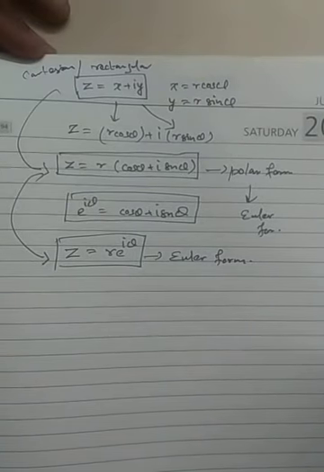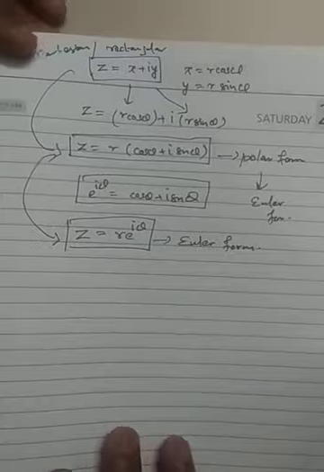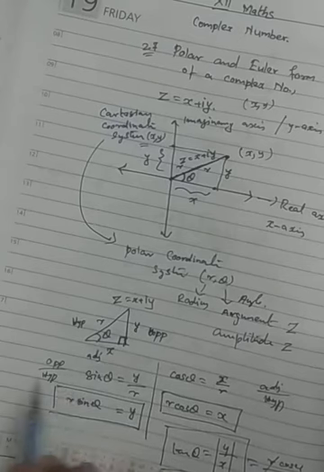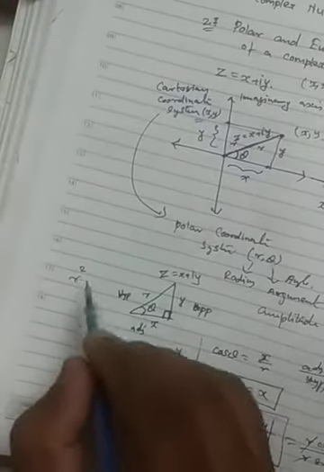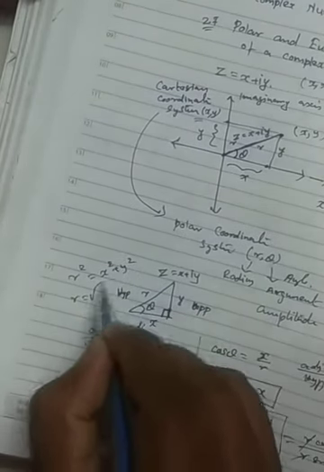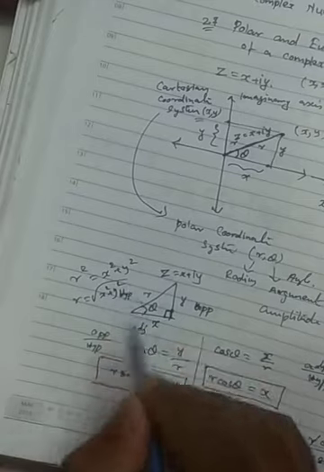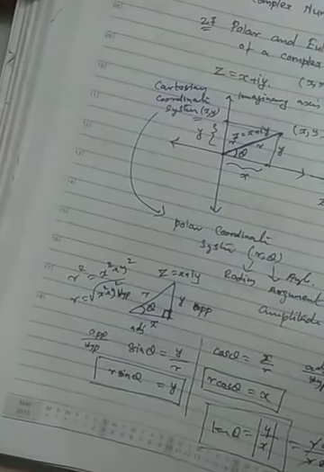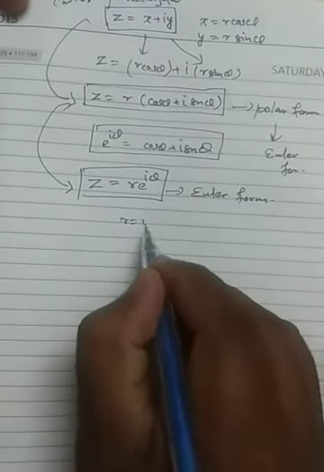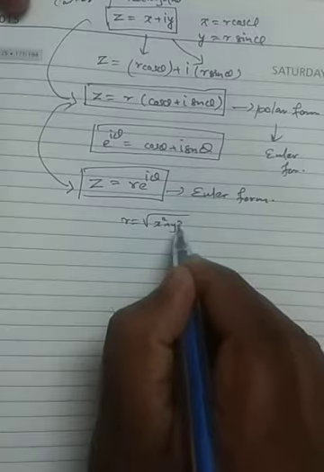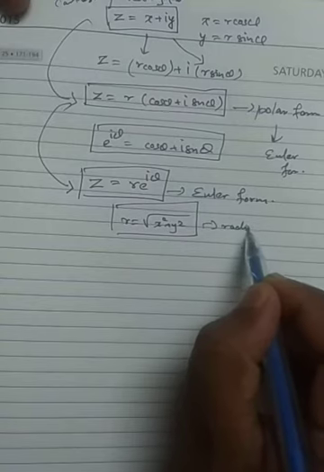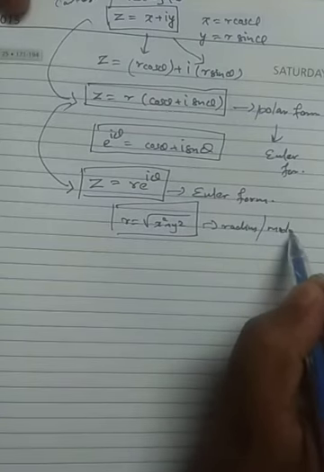Okay, so as you know how you are going to get the r value also. Here you know this one r. Pythagoras theorem you applied, r square equals to what will come? r square equals to, using Pythagoras theorem, r square equal to x square plus y square. Then r value is what will come? Square root of x square plus y square will come. That is a magnitude we can say here. Okay, so these things you keep it in mind here. So r we can write square root of x square plus y square. By using the Pythagoras theorem we can say modulus, radius, or we can say it's a modulus also. So these things you keep it in mind.